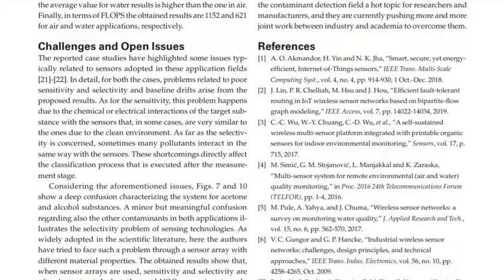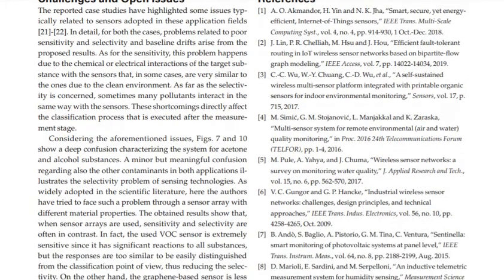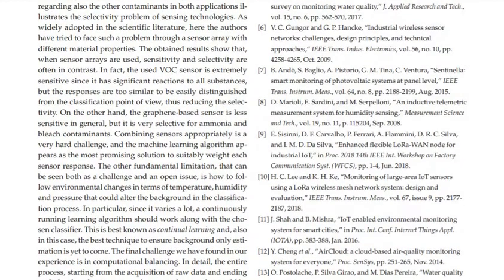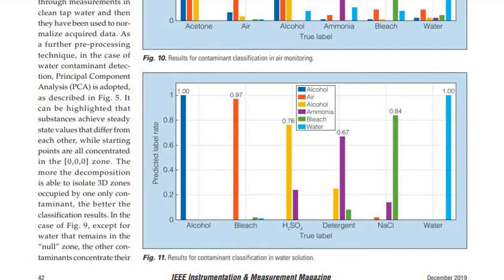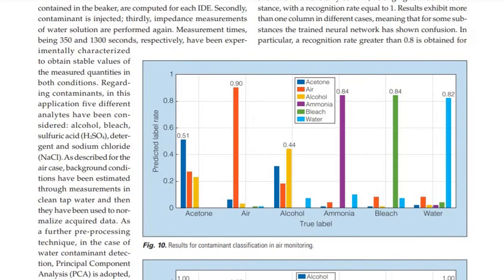Thus we can say that they have faced many challenges. They had to look at the contaminant pollutants. They have not checked other types of pollutants like algae, etc. There are different types of pollutants in the water. They have to ignore all other pollutants and only look at the major pollutants like alcohol, bleach, salt and detergent, etc. in the water. In a similar way, in air too.